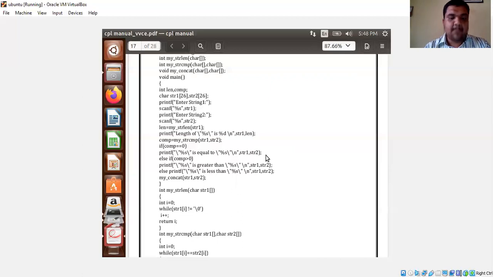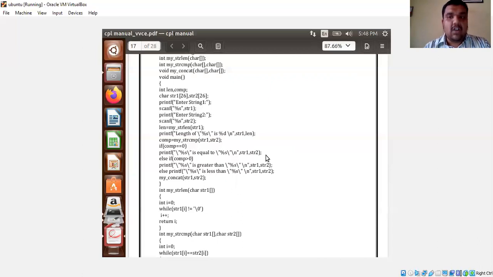Now let us read string 1 and string 2. While reading the strings, as I told in the strings chapter itself, you should not use ampersand. %s comma str1, %s comma str2, like that.